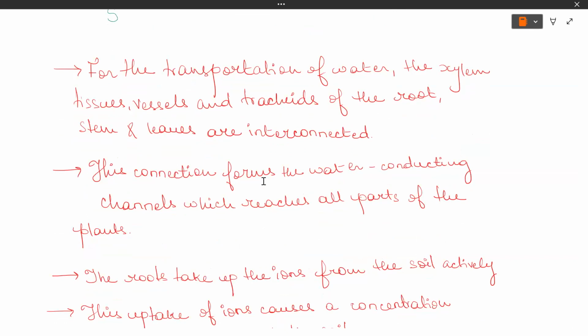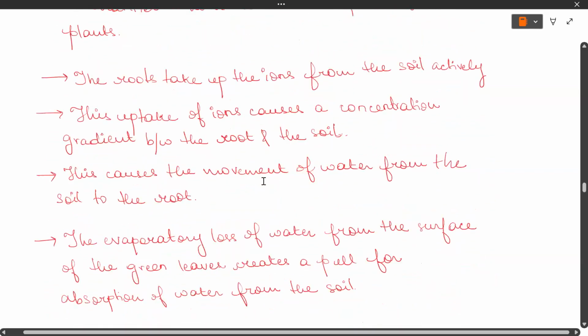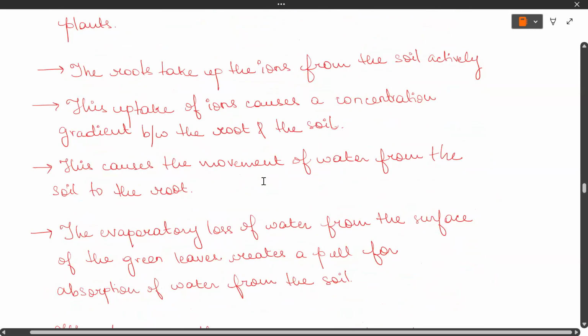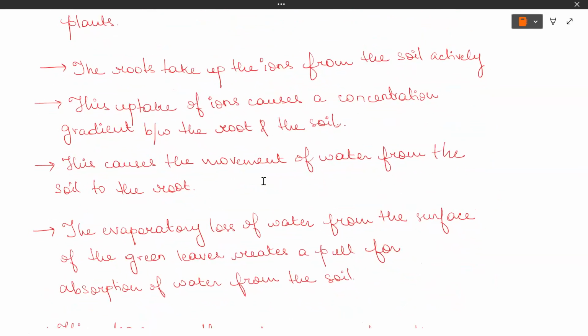See, channel is sort of like a collecting column. Okay, a column through which the water would rise up and be distributed to all the parts of the plant. Understood? Yes, ma'am. Okay. Now see, when the roots take up the ions from the soil actively, see, basically the taking